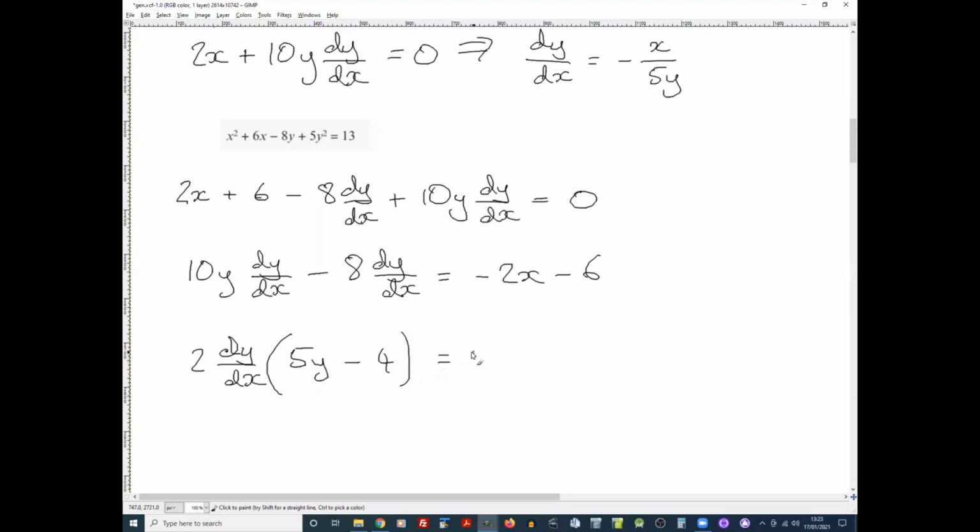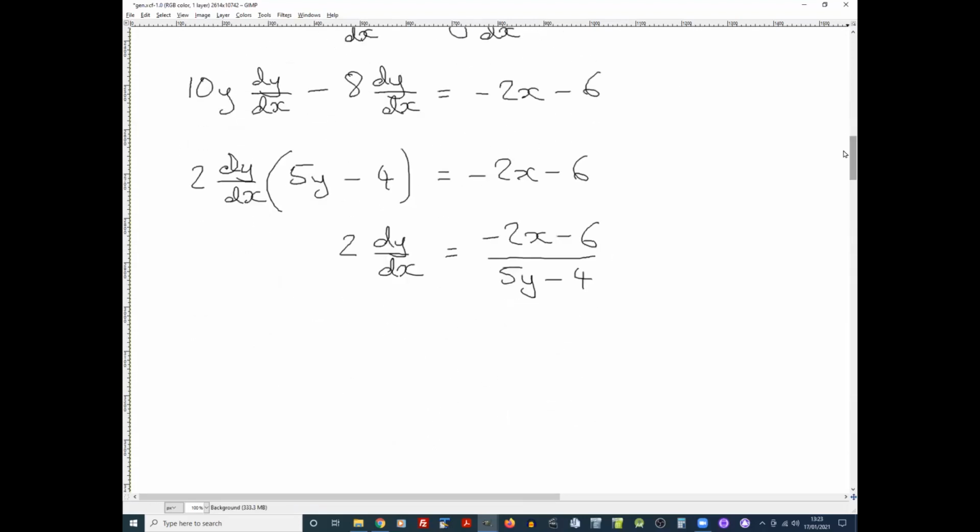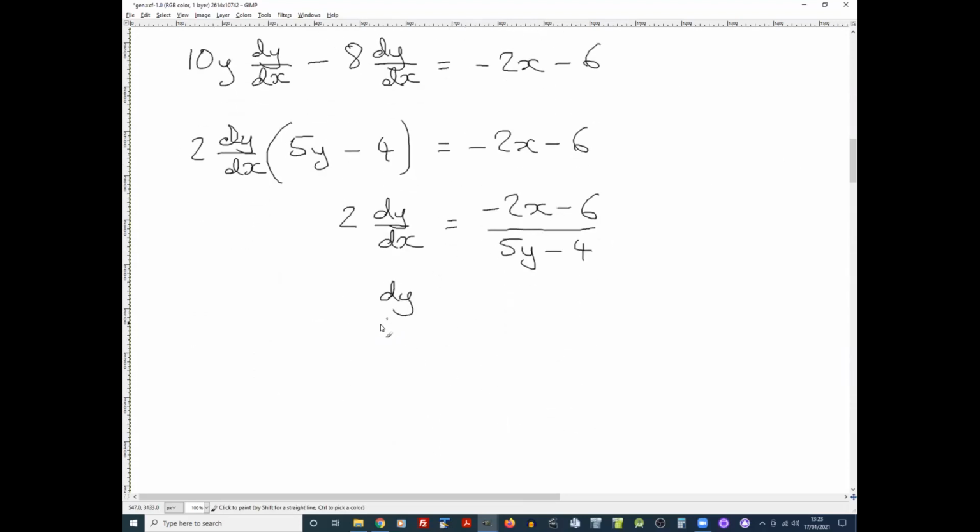Then say 2 dy by dx equals minus 2x minus 6 over 5y minus 4. Right. And then dy by dx equals all of that over 2. Yeah, which simplifies to what? Which simplifies to